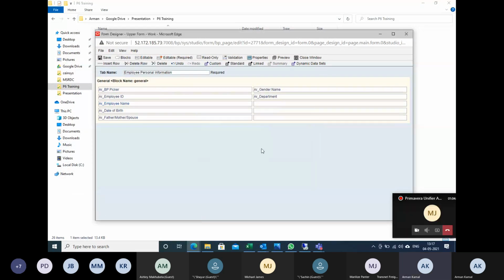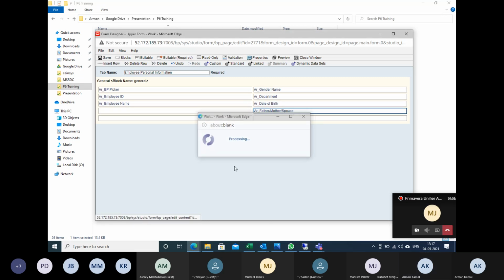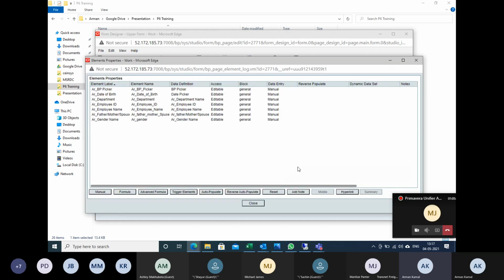Now the basic thing I need to do, let me make it here. Okay, it looks great now. Now what next do I need to do? I have just filled the same values, but ideally these values should not be entered again by the user. That's why I'm going to go to the properties window and pull this through auto populate from the other BP.